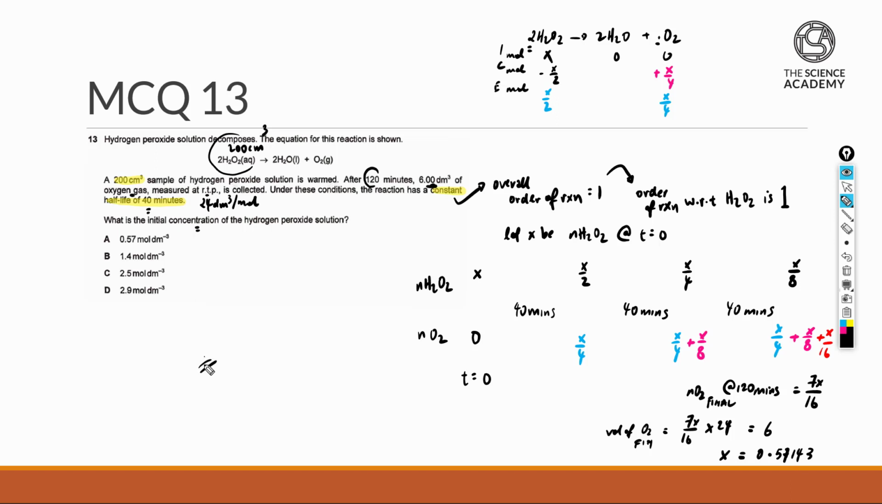So in conclusion, if you wanted the concentration of peroxide, we'll take the mole at the start, 0.57143, divided by the volume of peroxide of 200 cm cube divided by 1000. That will get us the value of 2.85. Since most of the answers are in 1 dp, if I round it to 1 dp, this will be 2.9 moles per dm cube. So the answer here is